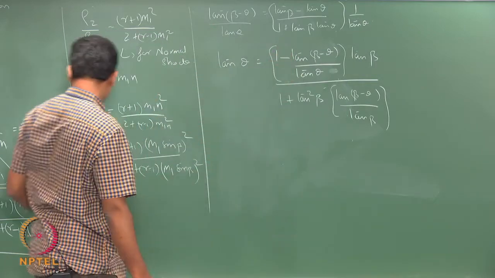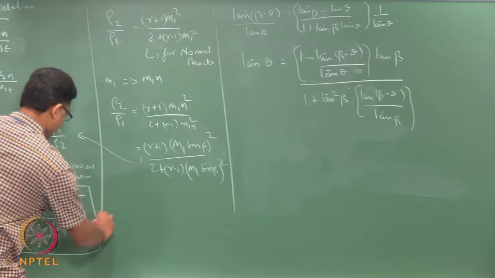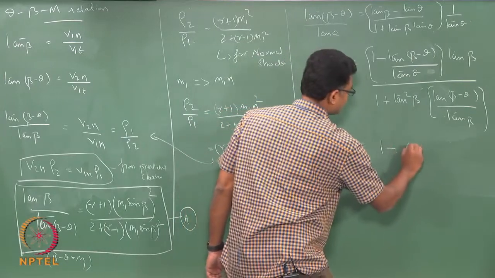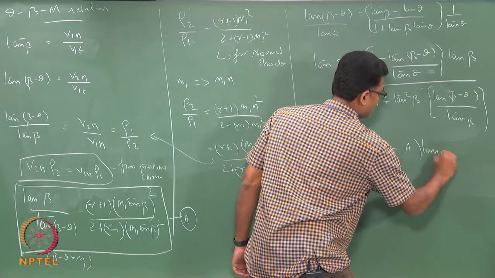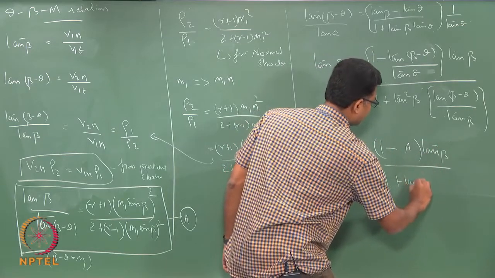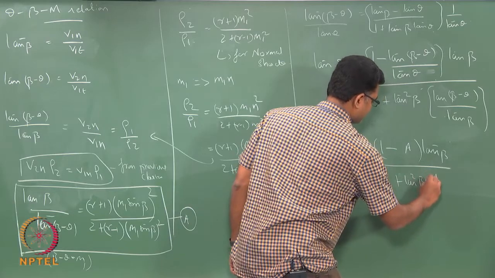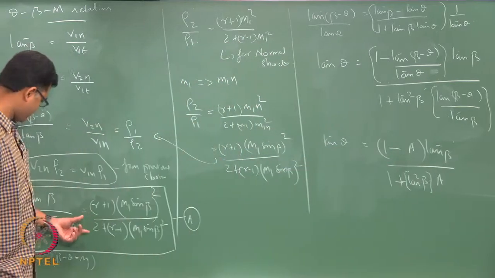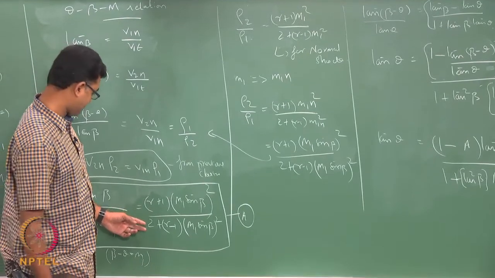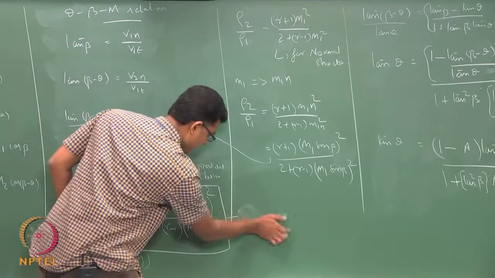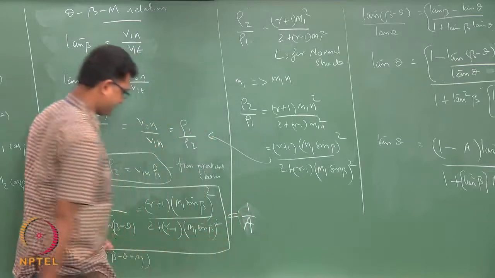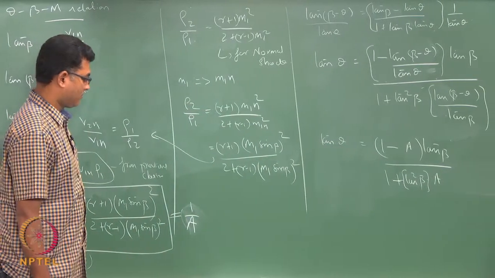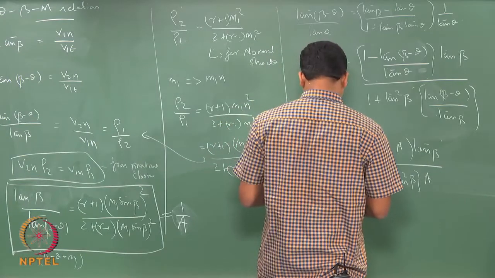Let us take this as A. So, my tan theta is essentially 1 minus A into tan beta divided by 1 plus tan square beta into A. So, I substitute A from this relation, which is the inverse of this, which is 1 by A. I substitute this quantity there, I would get this relation, okay, which I can modify to get this form,